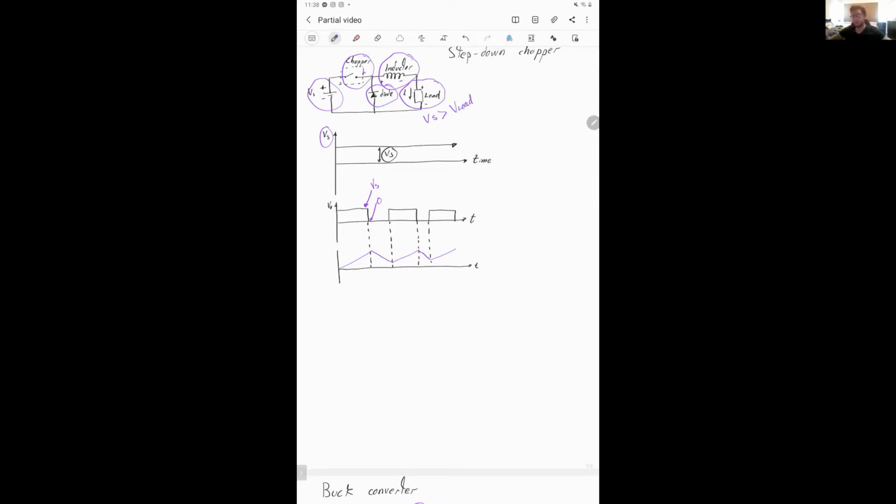Its working principle consists of a switch that will open and close the circuit, switching on and off at a certain frequency, which is called the chopping frequency. Now, the chopper voltage here. When the chopper is on, its output voltage will be equal to the fixed source voltage, as we can see here. And when it is off, it will decrease immediately to zero,